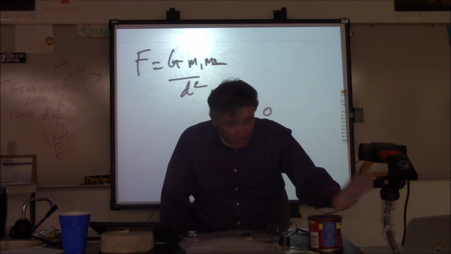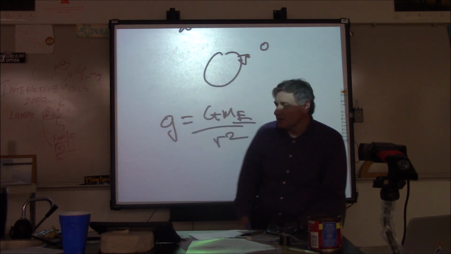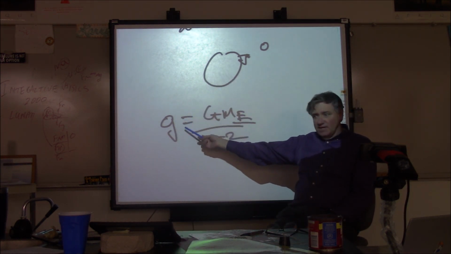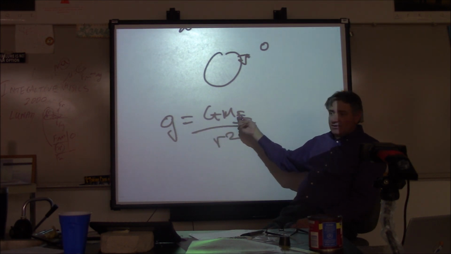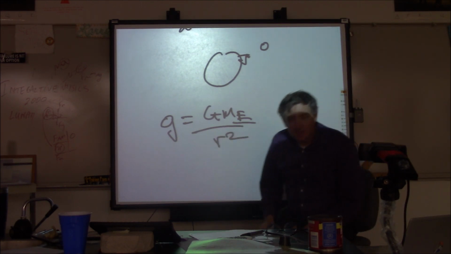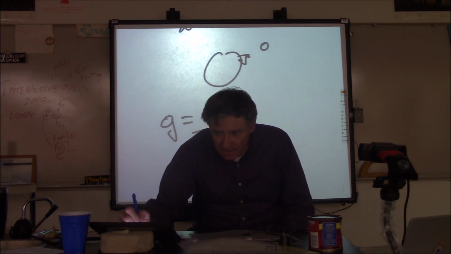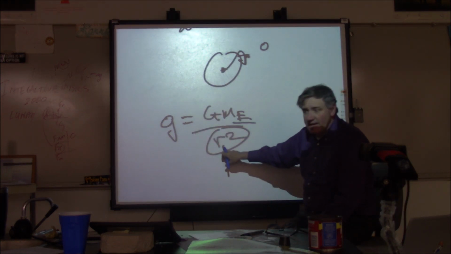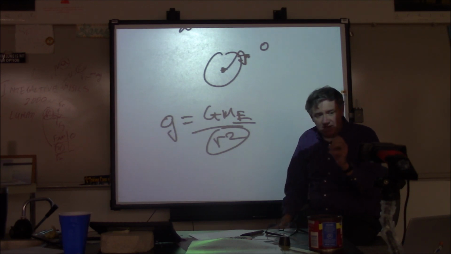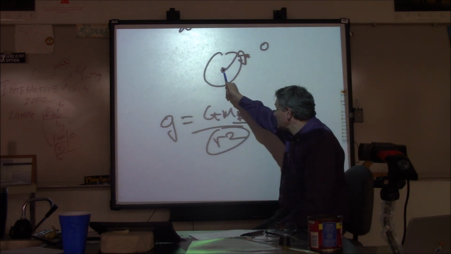Okay, now, out of that, what we came up with yesterday, we also came up with little g equals big G mass of the earth over r squared. So what this gives you is the gravitational acceleration standing on the earth, the moon, Jupiter, whatever that is, and notice that this is also dependent upon r squared. So one of the things that you're going to see again and again and again is that this radius is always from the center of mass out to that point. This isn't like a surface to surface distance. So when you're talking about a planet, you're talking about how far it is from the center of that planet